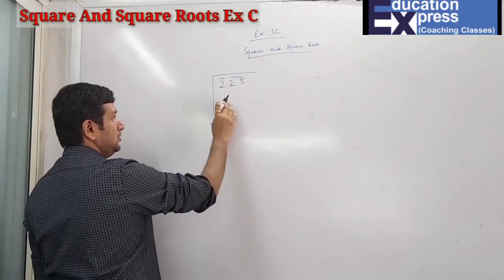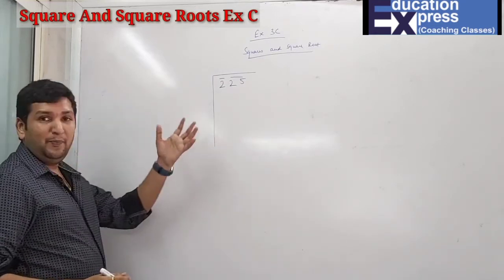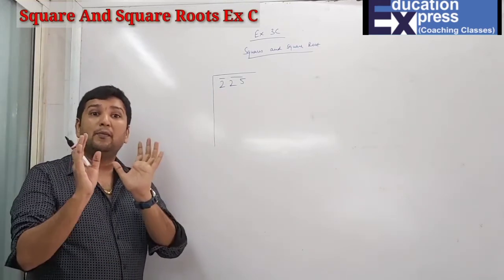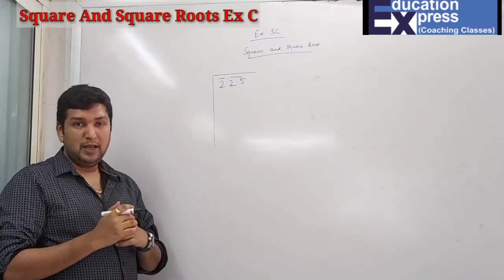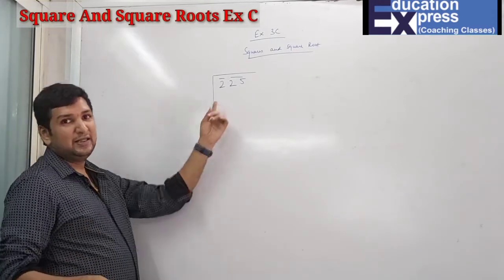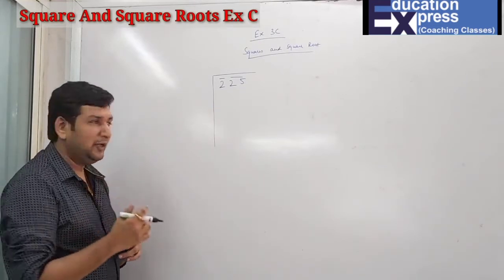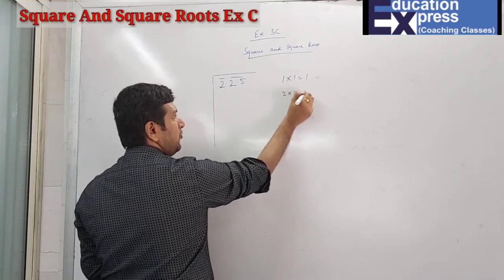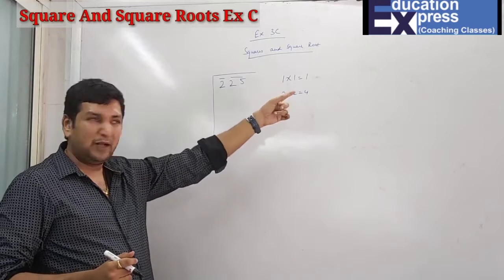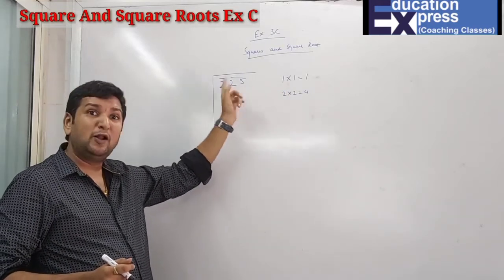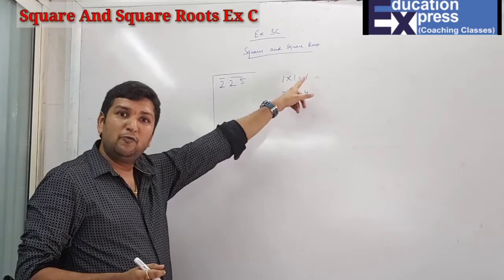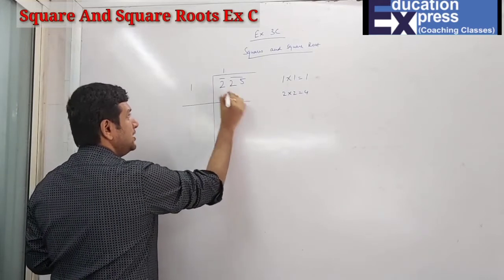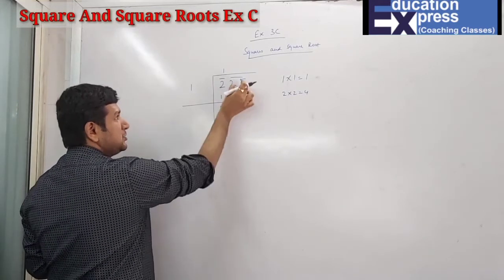Now the most important part of making pairs is that you have a single number, so you have to take a square compulsorily. You have to take a square in such a way that the square is less than this number. That means you have 2. If you want to take a square, you start with 1. 1 into 1 is 1. 2 into 2 is 4. So first we take the square of 1, which is 1, less than 2. Then the square of 2 is 4, which is obviously more than 2. So this is not possible. We will go for 1. So 1 is 1, 2 minus 1 is 1. And this pair 25 will come down.